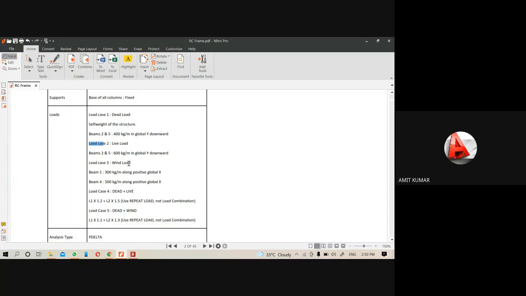The important thing here is that for the wind load we have to give the definition, because otherwise we won't apply the exact impact of the wind load.